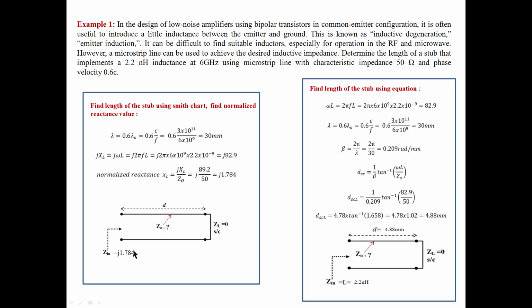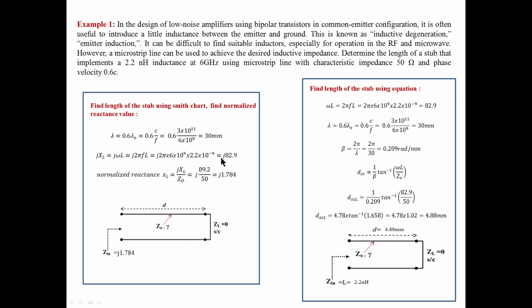To get this value of reactance here, input side, what must be this distance? Okay, that is the question here. What is the reactance I needed corresponding to this value, the 2.2 nanohenry inductor I needed? For that, what is the reactance? Calculate the reactance XL, omega L. Okay, omega L, you do that. I got 82.9. This value of reactance I needed here.